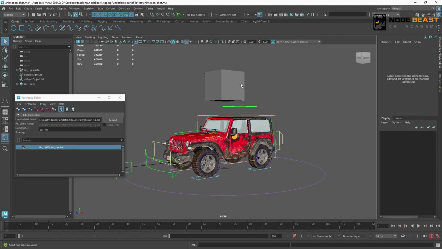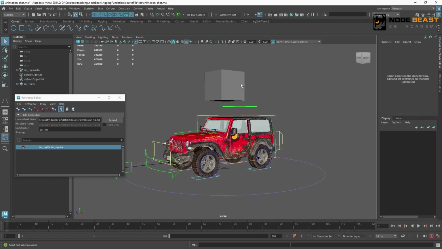Imagine this. What if we have 100 cars in our scene? But if we use the reference method, whether it's 100 cars or 1000 cars, they all point to the same file. So we just have to go back to this car rig file, add a box model to the car, and all the vehicles in the scene will be updated synchronously. This is undoubtedly more convenient.